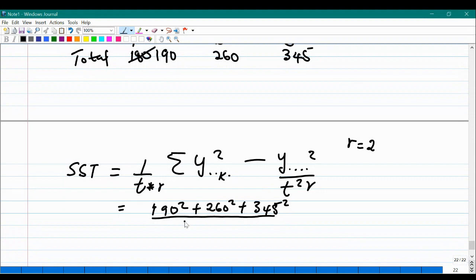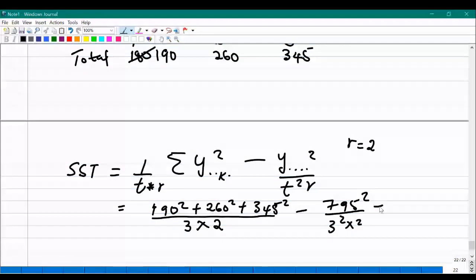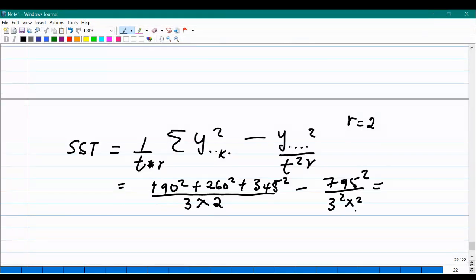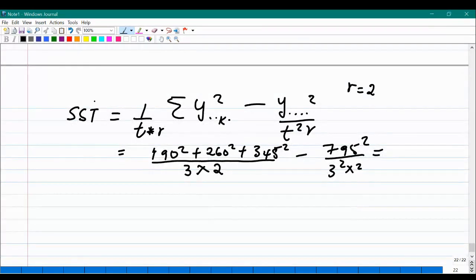Divide by, how many treatments do we have? 3. How many replications do we have? 2. Minus the sum, you said 795 squared. How many values do we have? 3 squared multiplied by 2. You find the answer. So the same logic will be applied for